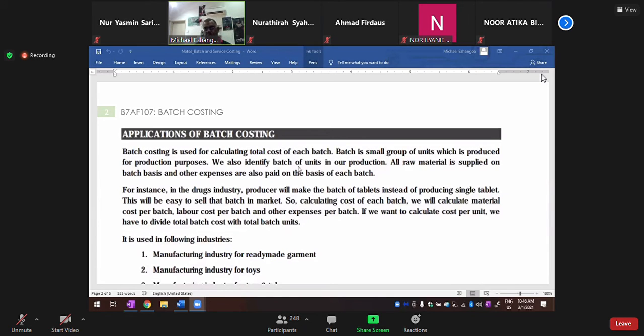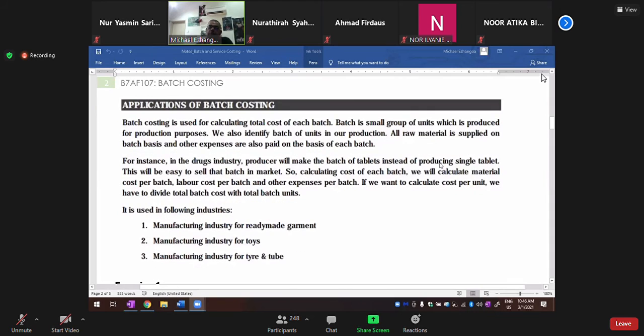Batch costing is used for calculating total cost of each product. Batch is a small group of units produced for production purposes. We also identify batch of units in our production. All raw materials are supplied on a batch basis and other expenses are also paid on the basis of each batch. Exactly. All right. Next,